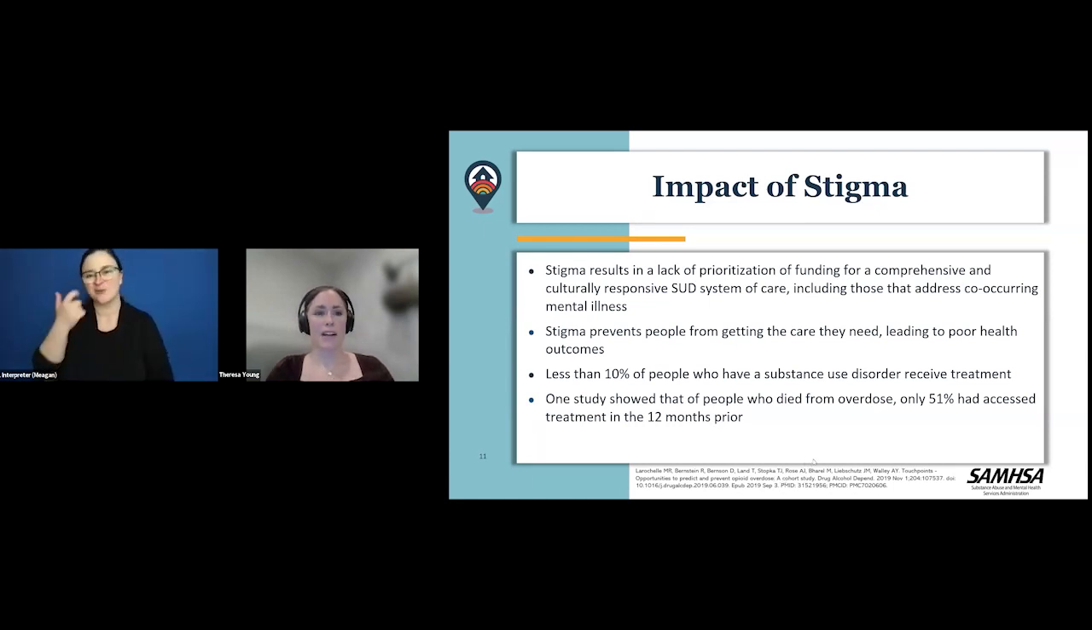And just for some facts that support that. Many studies have been done about this topic, but some really impactful things for me that I pulled out of the research were that less than 10% of people who have substance use disorder receive treatment due to stigma, due to that fear and shame of coming forward. And another study, more recent, showed that in a period of a year, of people that passed away from an overdose, only 51% had accessed treatment in the year prior. So that means 49% of people had no touch points with the treatment system. And that was largely attributed to stigma in how our treatment system currently operates. So I don't feel like we can talk about foundational core values without talking about stigma. And so I wanted to touch on that, and we can go to the next slide,